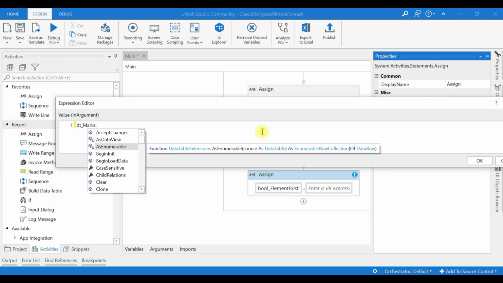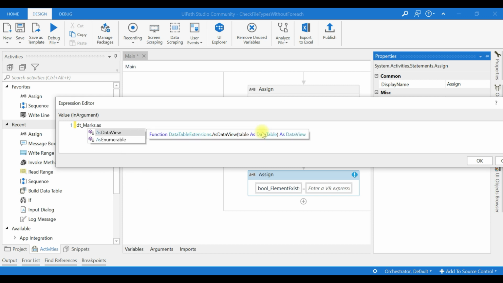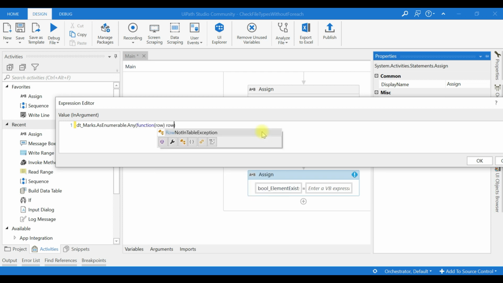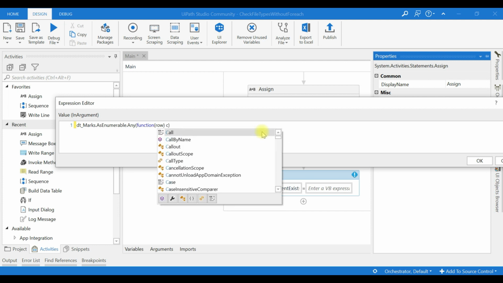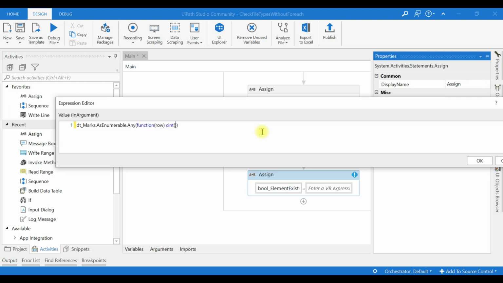For example, if you put dt_marks dot, IntelliSense is not coming. You cannot find the Any and All operators. We convert it AsEnumerable dot Any, function of row, or I need to convert this as integer, row of marks greater than 90.